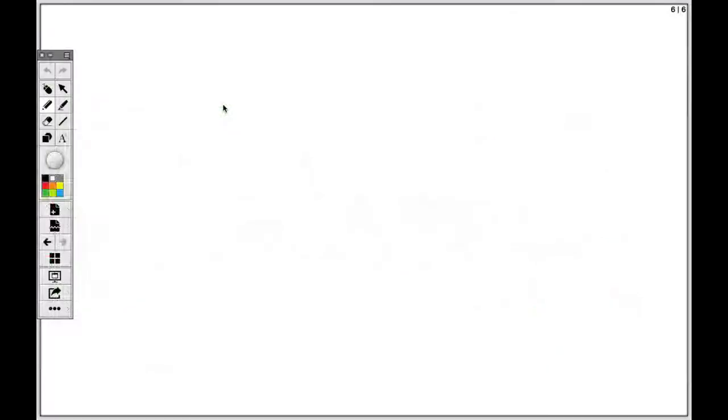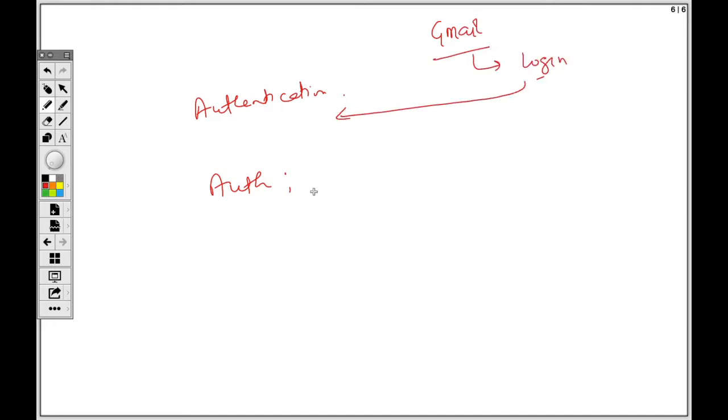Okay. Somehow correct. You can take an example for this. This is, however, not directly related to this topic, but we should have all these terminologies with us: authentication and authorization. Basically, suppose you log in to Gmail or any Google service, you do a login, right? That is what authentication is. Authentication means you are proving yourself, that I am an authentic person. This is my identity. You declare your identity.